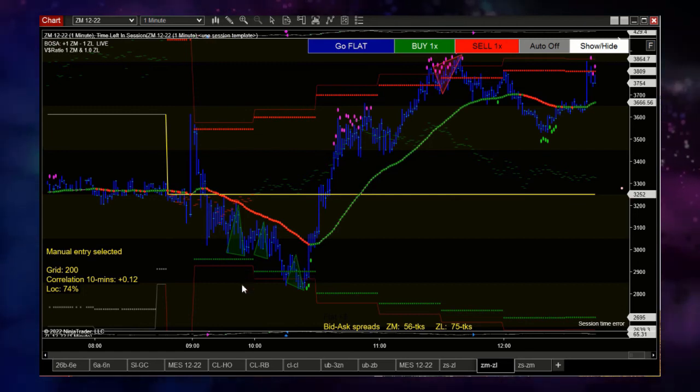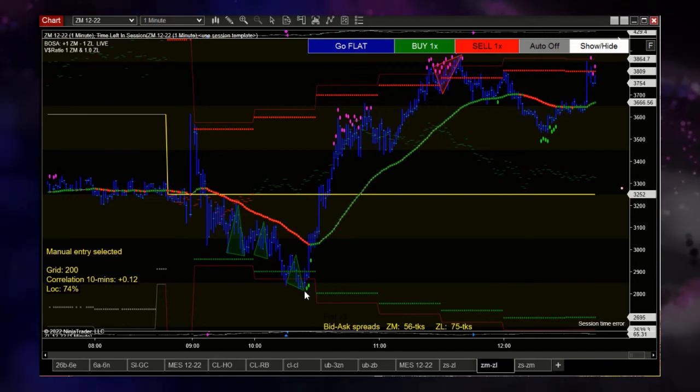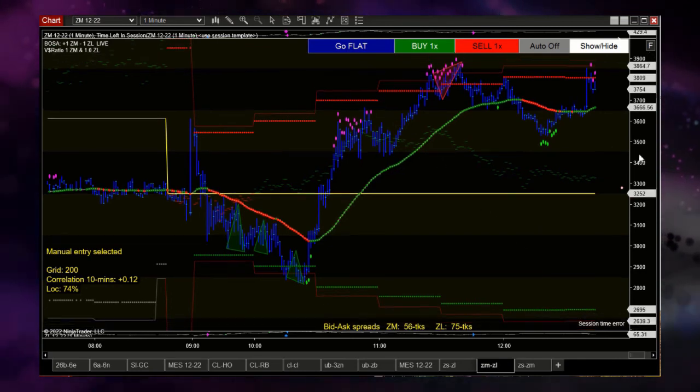And we bounced off of the oversold volatility bands, which are this green dotted line and the red solid line, and as additional confirmation we had our cycle dots coming into play, so that's great. And this was a great move upward. We saw another